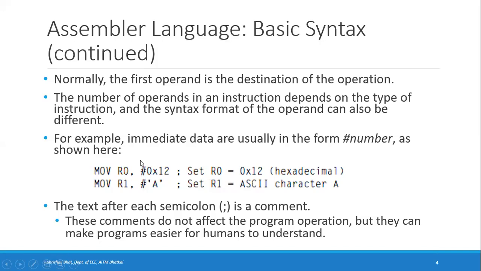You can also write it like this: MOV R1, #'A' in inverted commas. If you write A like this, it means the ASCII value of capital A. What is the ASCII value of capital A? In decimal, it is 65, or in hexadecimal, it is 41h. When you write it with hash A, that means its ASCII value 41h will be stored in register R1. So these are immediate data addressing modes. There are different addressing modes, like you have in any other microcontroller.